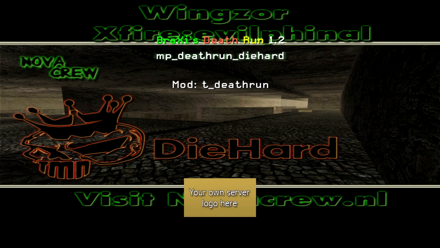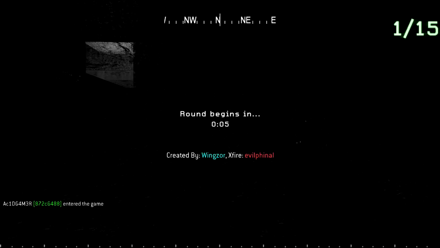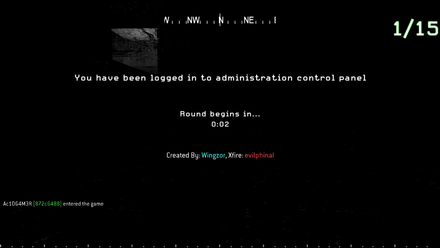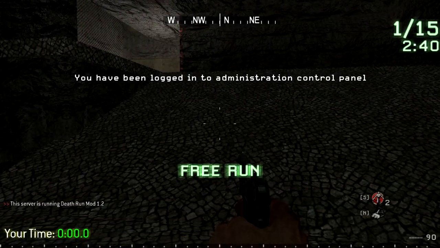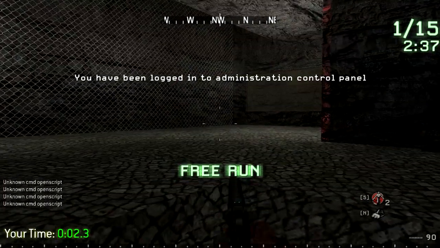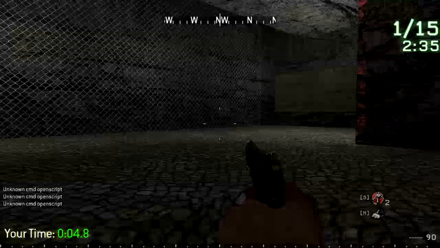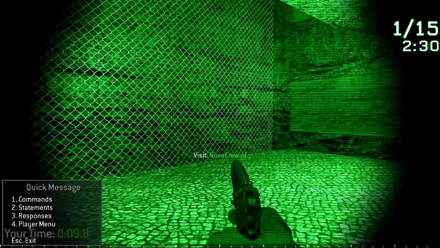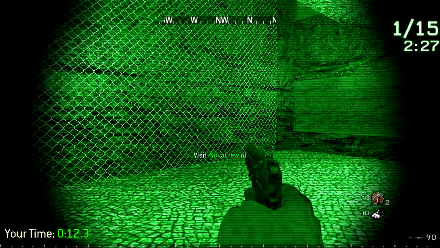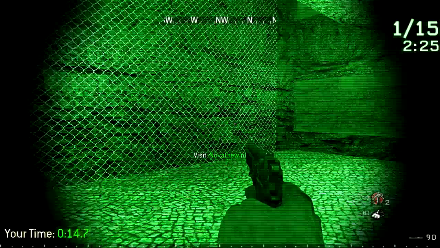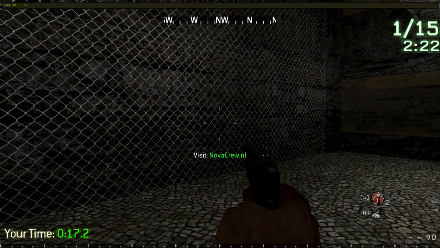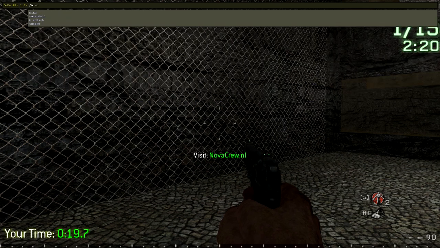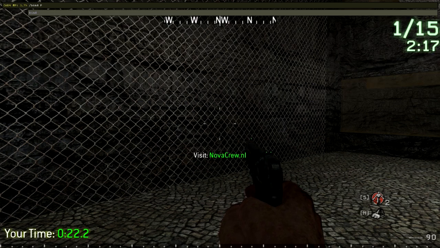If we go into local, as you can see, it's in deathrun automatically, not a big deal. Okay, so you're in your server now. If you press X, it should say you've logged into the administrator controls panel. If you press L, unknown script command error. Hold on. So then it's /bind. Oh. And there you go. Alright, so open your console again, do /bind space p space quote